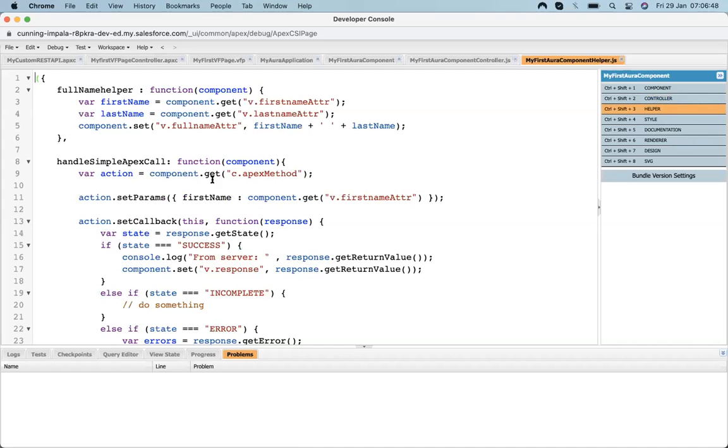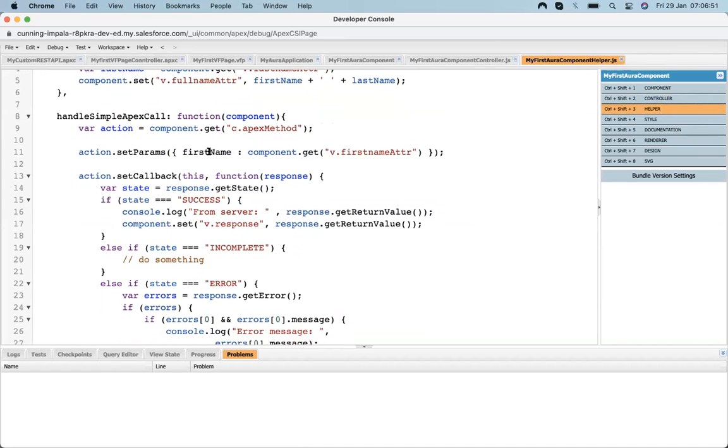So via the helper, I'm sending the details, only first name.